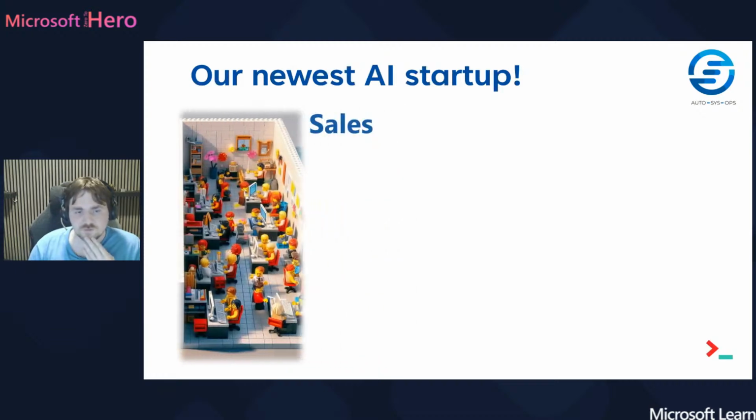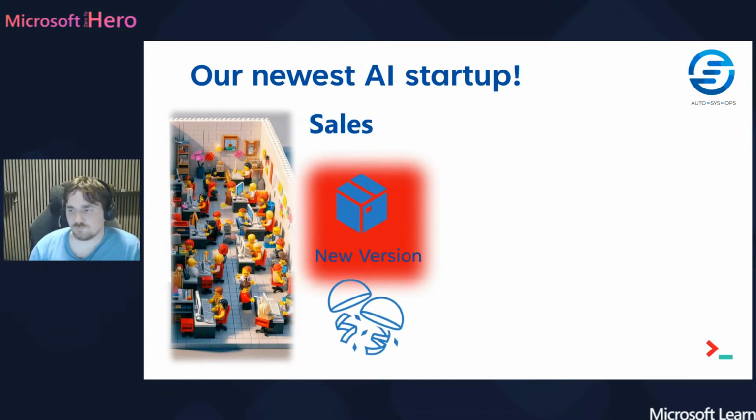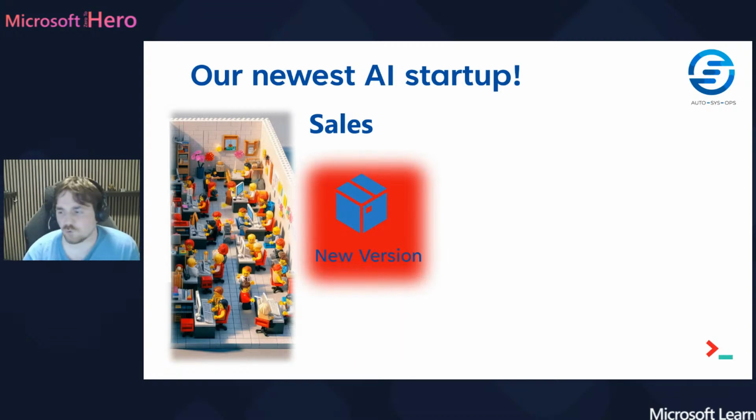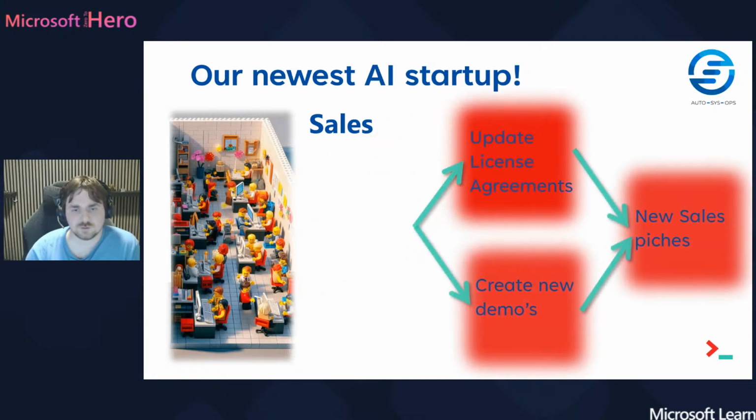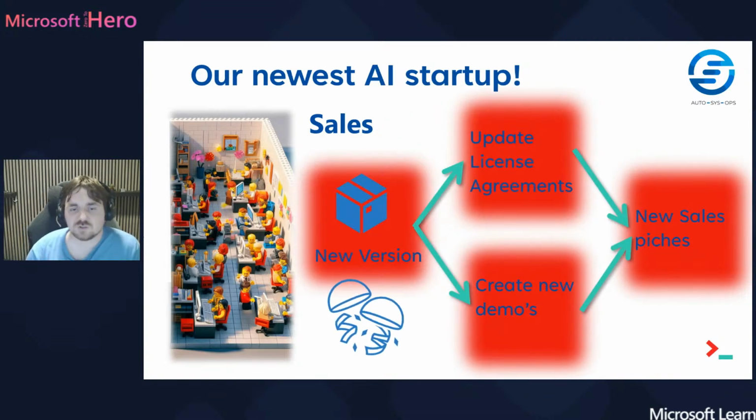Now, on the other hand, we have the sales people. And if there's a new version, it's happy. We can maybe sell something more, as the new version might have new features which some customers have been asking for. So now we can convert these customers to using our software instead of the competitor software. But, oh, it shouldn't have done this. Sorry. If we have this new version, it also means that there's some work to do